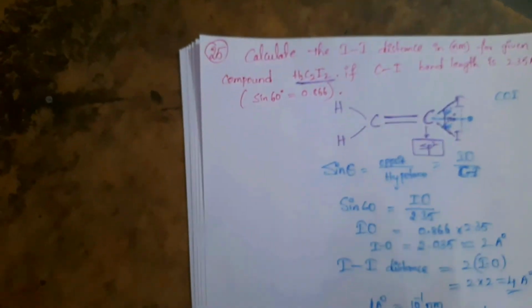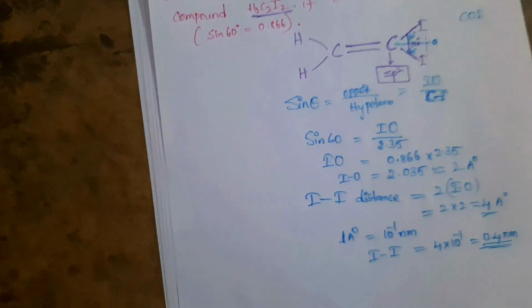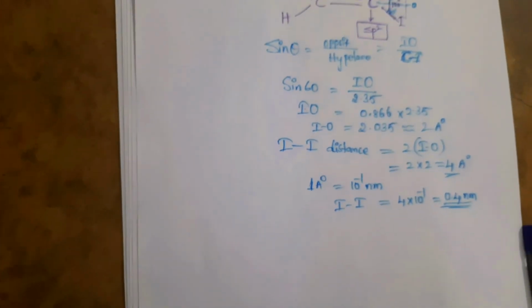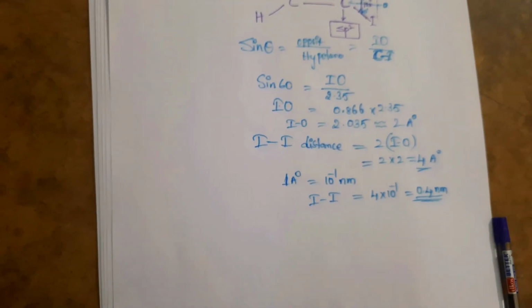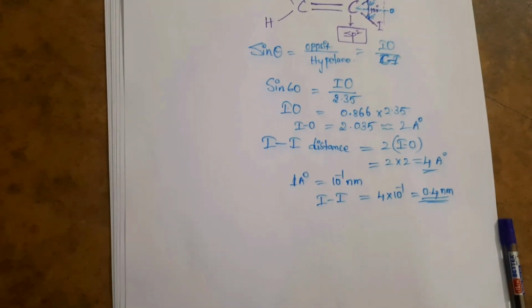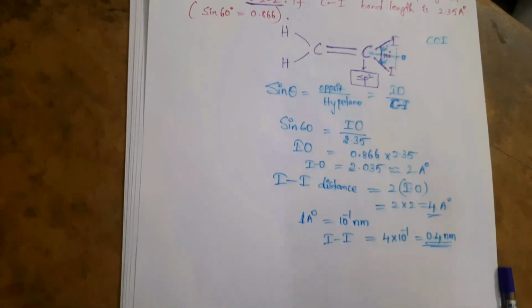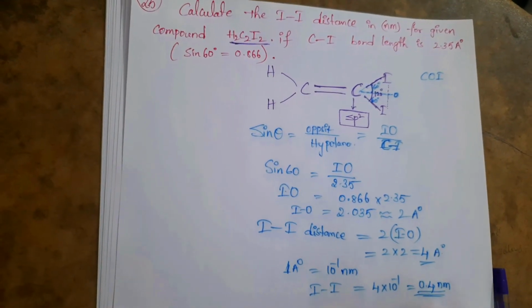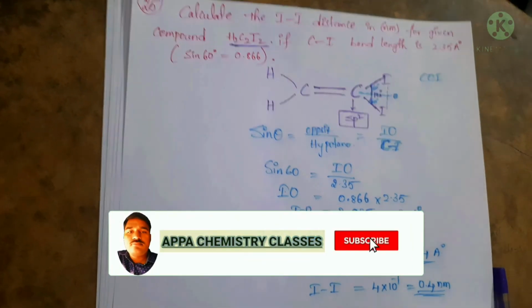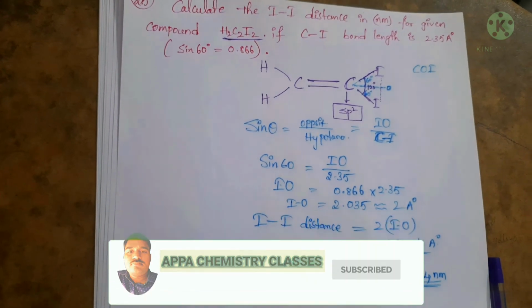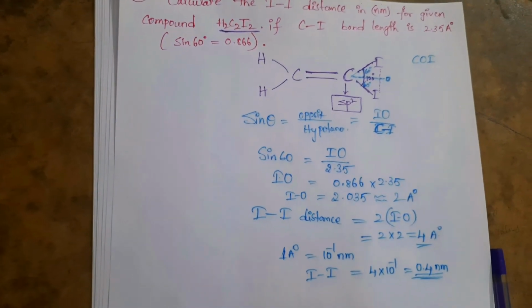Is that clear? So this is about the complete chemical bonding objective questions which we have seen. Try to make a note of each and every concept, and all the model questions which I explained. Those model questions are very important. In this model only you may expect the questions. Is that clear? Thank you.